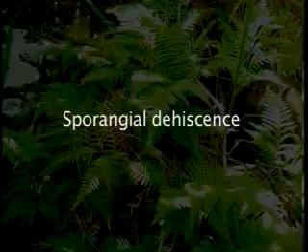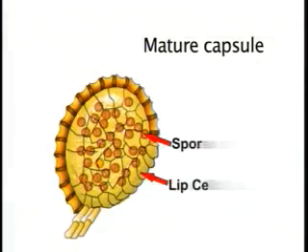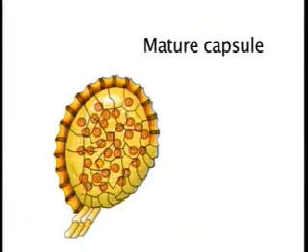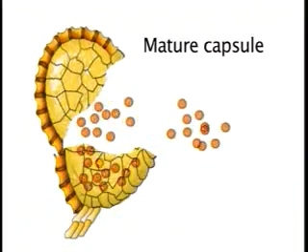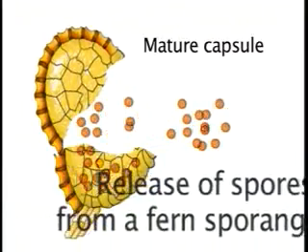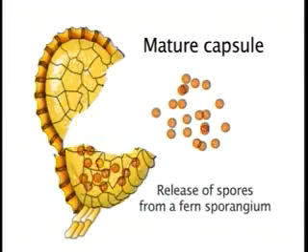Now the sporangial dehiscence. At maturity, the capsule is dry. In dry conditions, the annulus contracts and the sporangial wall is broken transversely at stomium between the lip cells. The stomium bends backwards, carrying the upper half of the broken capsule containing the spores that are exposed for wind